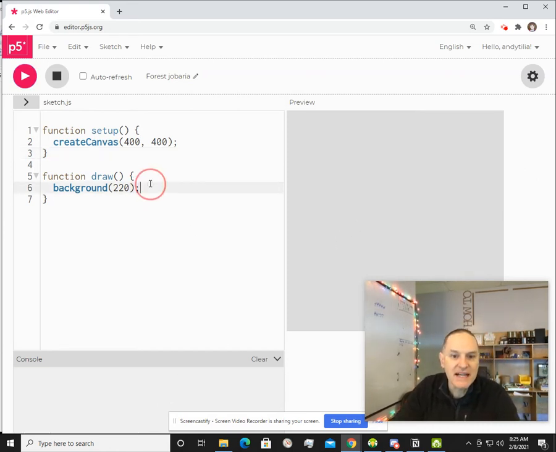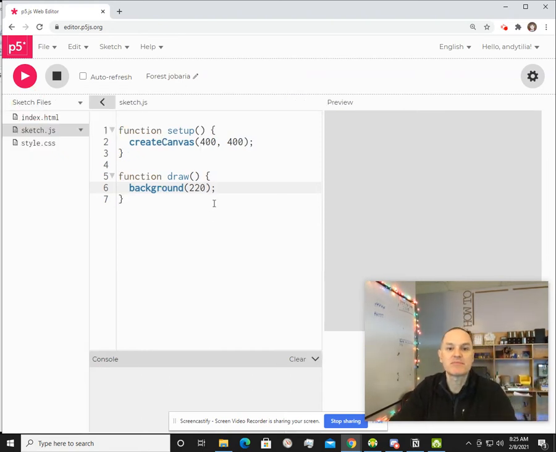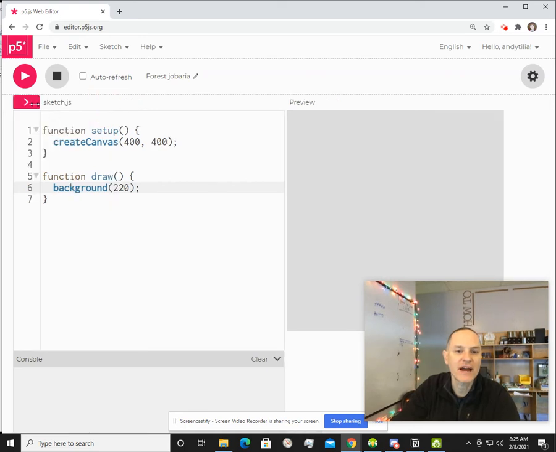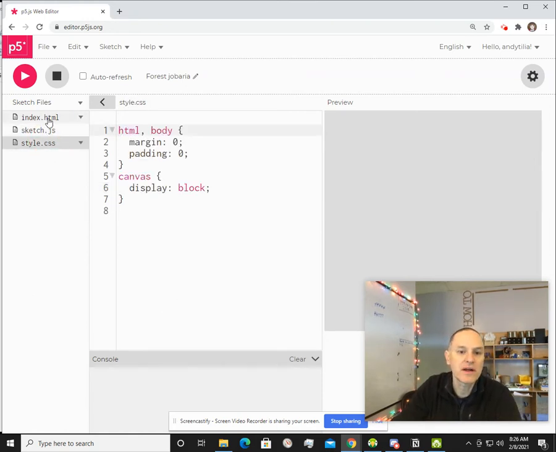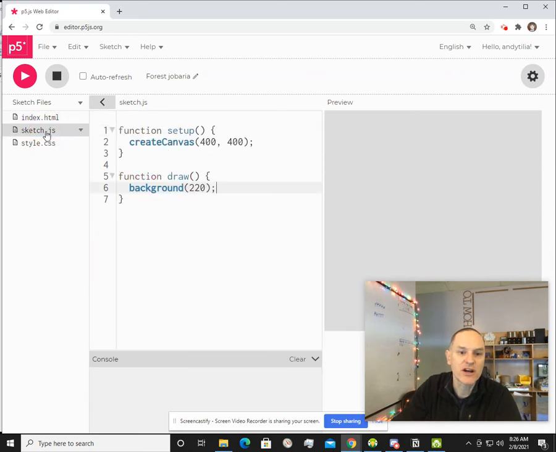blank canvas. And so first, let's just get our image file into P5 first. So you have this P5 editor, and this little arrow button right here that I click opens up the list of files associated with this sketch. And if you haven't opened this up before, you'll see that there are a couple other files in here. So far, you've only been working in the sketch.js file, probably. But we want to get one more file in here now, which is that image file you have saved to